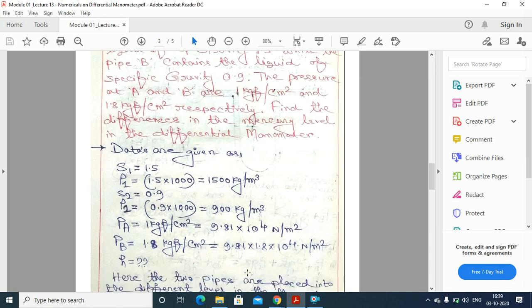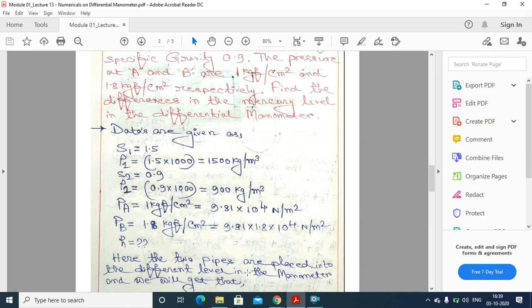And here we have to measure the small h, that is the difference between the mercury level of the two limbs of the manometer. Here the two pipes are placed at different levels in the manometer, and we will get that